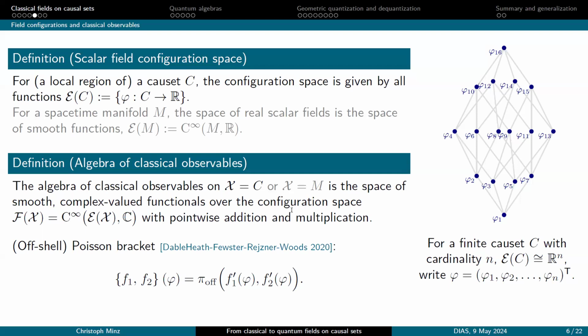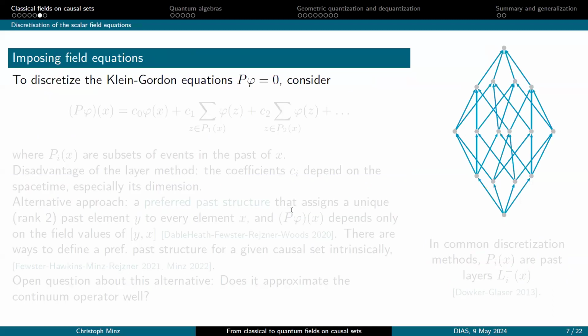This is yet off-shell, so so far there are no equations imposed. And there's a paper where you can find this a bit more explicitly done for Causal sets. And then the next thing, as I said, we now want to actually impose some field equations. So what I've introduced is, of course, the scalar field. So let's do scalar field theory on that, and this is usually done by the Klein-Gordon equation, which looks like that. So we have a differential operator which acts on the field,